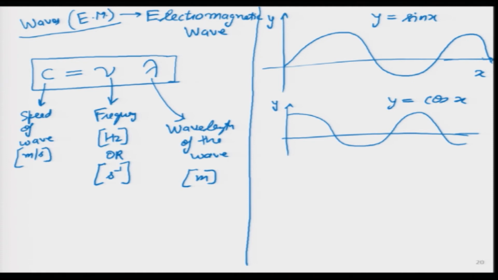Okay. Can you see that these two waves are shifted by 90 degrees, and I think I can show it with the help of a different color over here. So, if I put my axis over here, then this sine becomes cos. So, there is just a 90 degree phase difference between sine and cos. So, they are not really different functions. They are just ahead or back by 90 degrees from one another.